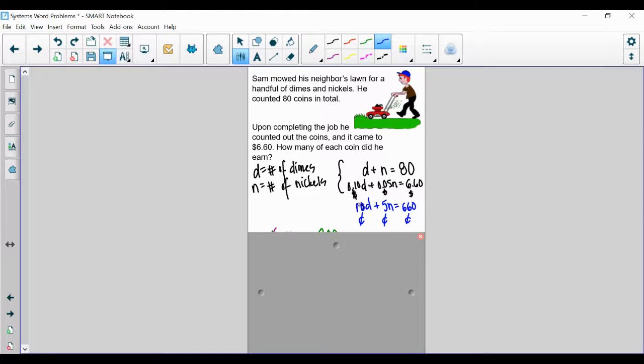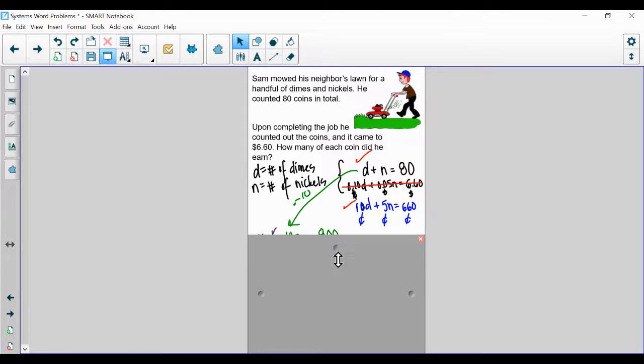I am then going to use this equation and I'm going to multiply the top equation by -10, and then solve the system using elimination. So I actually used this equation and this equation, not this one, because I would rather not work with the decimals. Then, once I multiplied that top equation by -10, I rewrote my blue equation down below,